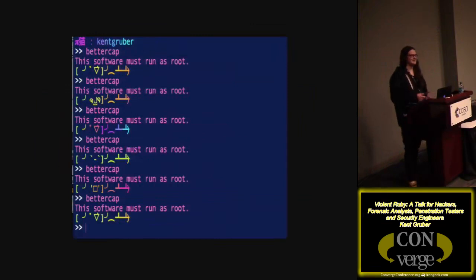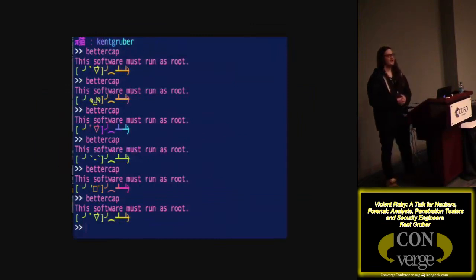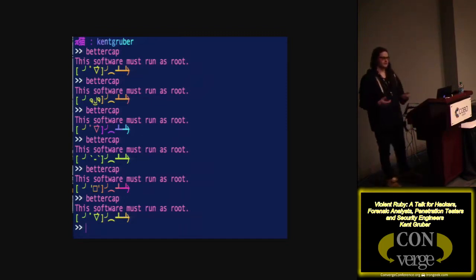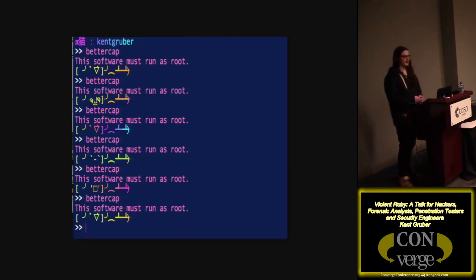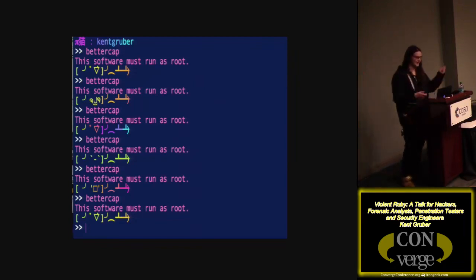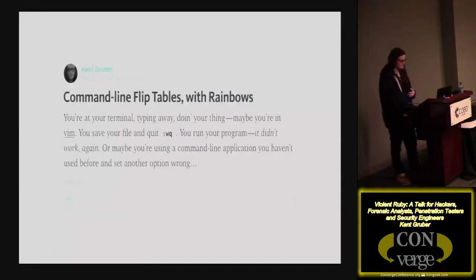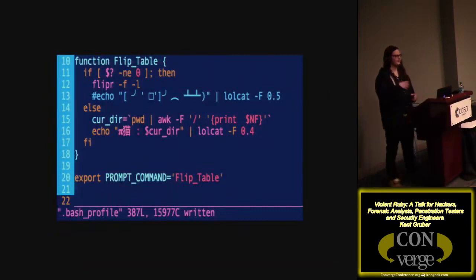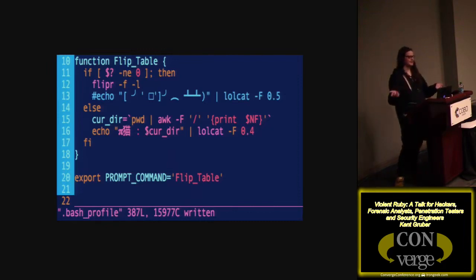Basically, I really like flip tables and I really like exit codes that mean something. So when you run something in Bash in your shell and it fails, there is usually an exit code that tells you it failed. It's usually a non-zero exit code. A lot of programs don't really care about your exit code. They'll just give you a successful exit code even though something did fail. So I have a simple little command line flip table thing where in my prompt command, before the bash prompt loads up, I have this little flip table function that checks whether the last command was successful or not, and then it'll give you a flip table if it wasn't.